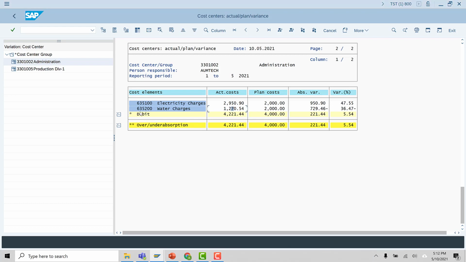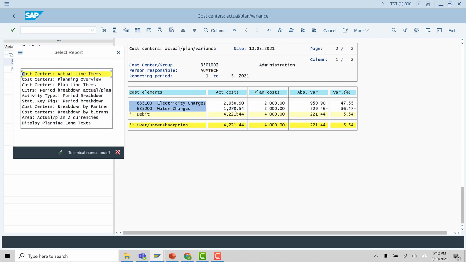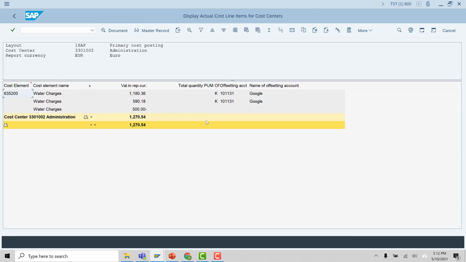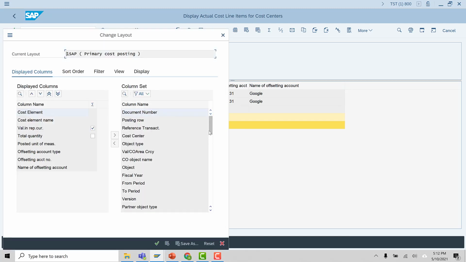Okay, so the cost element we used is 63520 for water charges, and we removed 500 US dollar from this cost element in this cost center, and this was moved to another cost center, 1005. So let's look at the water charges now. And you see the 500 has been removed here, and I will add the object currency.